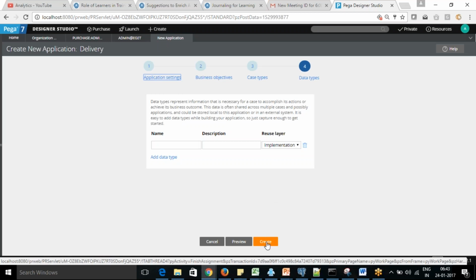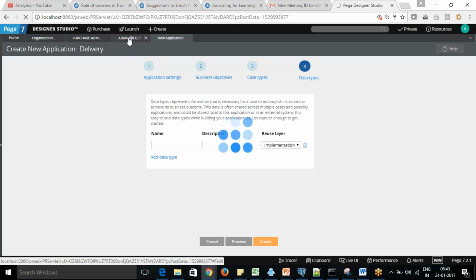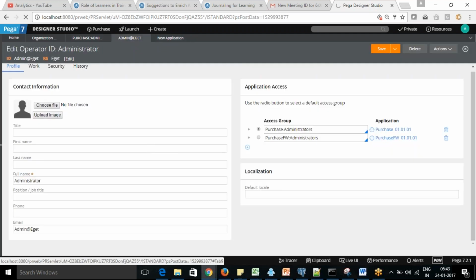We're not creating any data as of now, we just click create. Within that organization, it's going to create one more application. We'll discuss more on that. Once it is created, we are going to add that access group here as well.